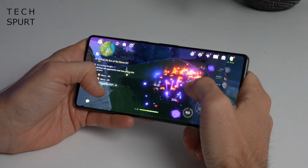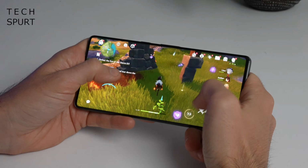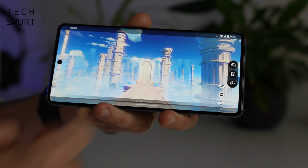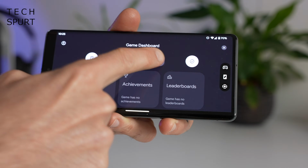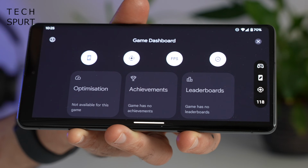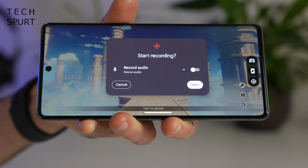After all, that Mali GPU that's stuffed inside is supposed to be 20% more efficient and more powerful compared with the older G1. And all three of these smartphones also boast Google's Game Dashboard feature, which can help you to record the action, stream it online, and block notifications so you aren't pestered by your mum when you're in the middle